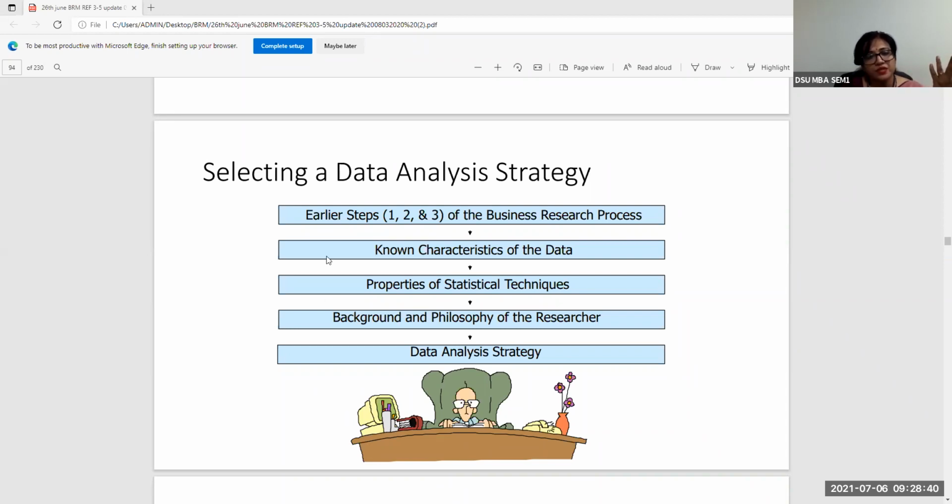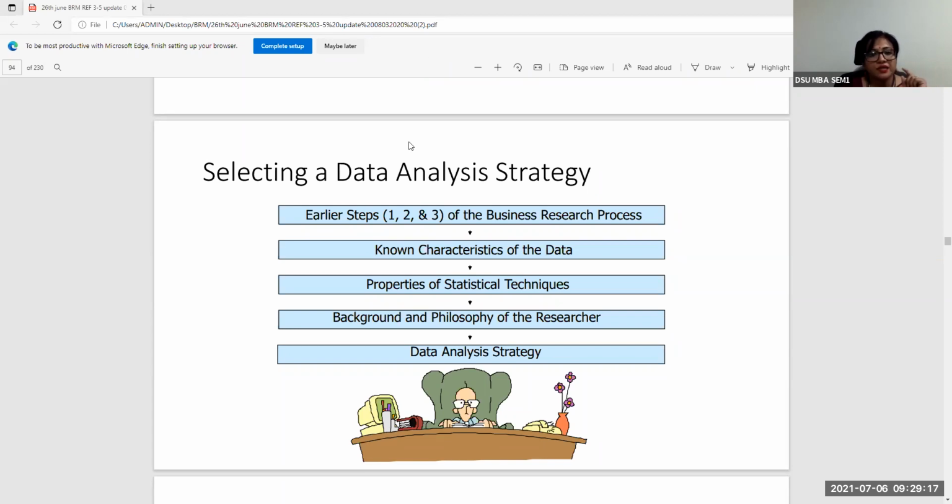The first step of business research is understanding the research problem, right? You have approached the problem. You try to find the secondary data, which is the second step, or do a review of literature. The third step of the research process would be research design, wherein you determine the type of research that you're going to do, the methodology, sampling, all of that. The next step after research design would be data collection. After the data collection stage is the data analysis stage, data analysis and interpretation. And the last stage of the research process is the reporting stage, right?